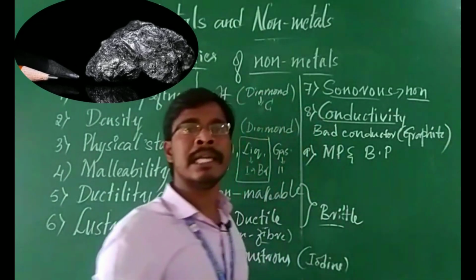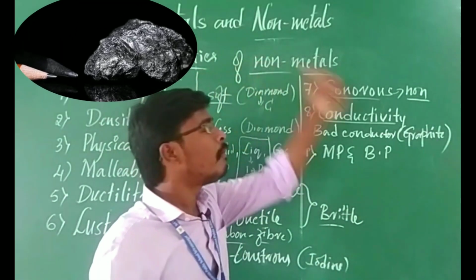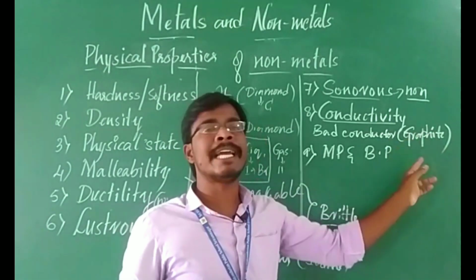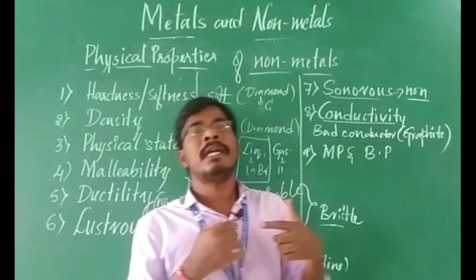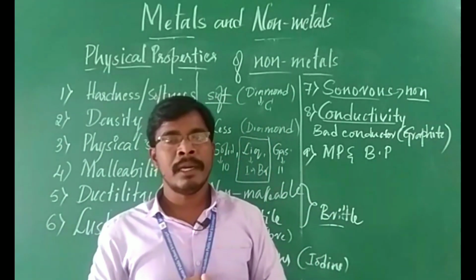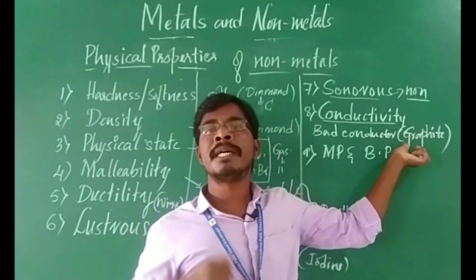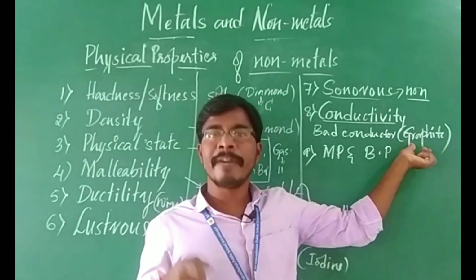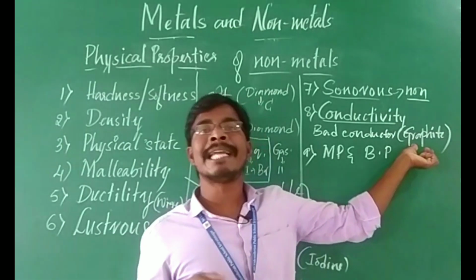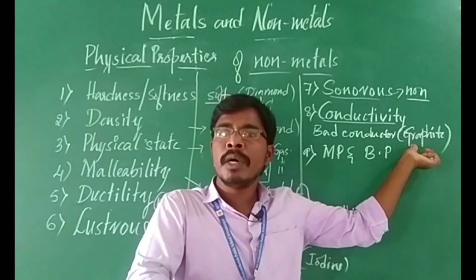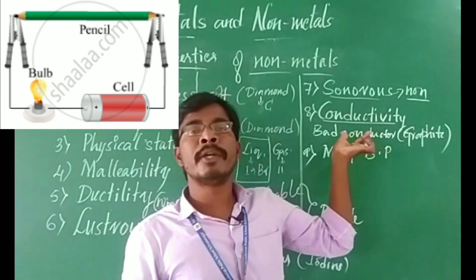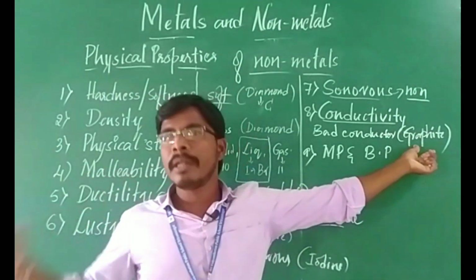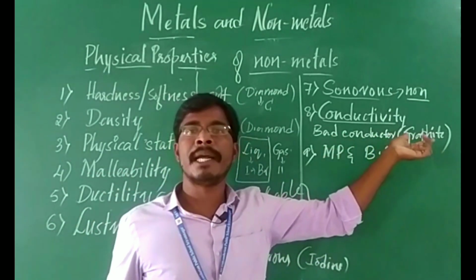Graphite is again an allotrope of carbon, where the graphite consists of some free electrons. When you come to the arrangement of a diamond, you will learn in the next chapter, carbon and its compounds, where we will discuss the allotropes of carbon. In graphite, because of the presence of free electrons, those free electrons will carry the electricity or heat from one end to the other end. Due to this, graphite is going to conduct electricity. So we can say graphite is a good conductor, but all the remaining non-metals are bad conductors of heat and electricity.